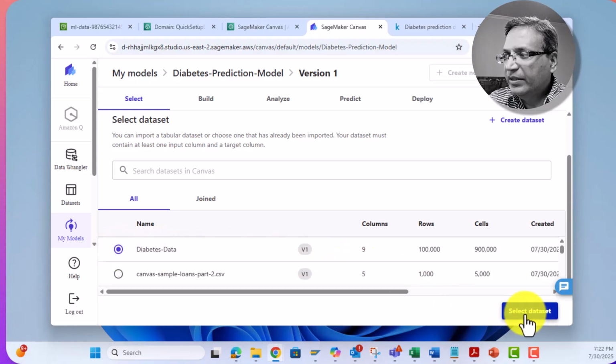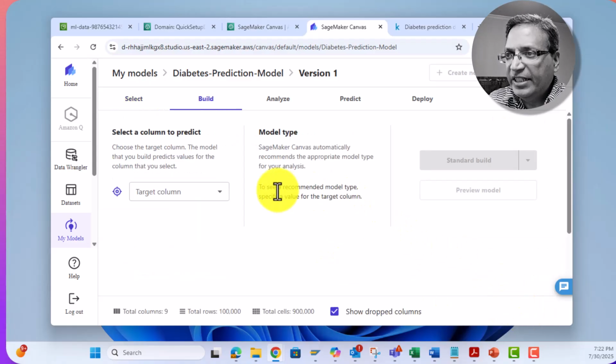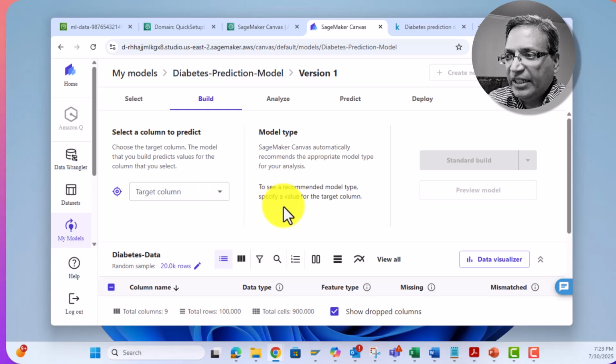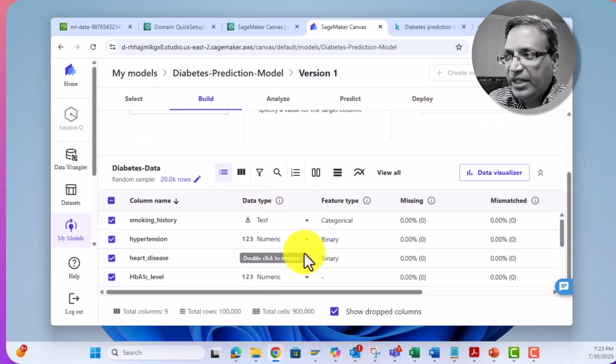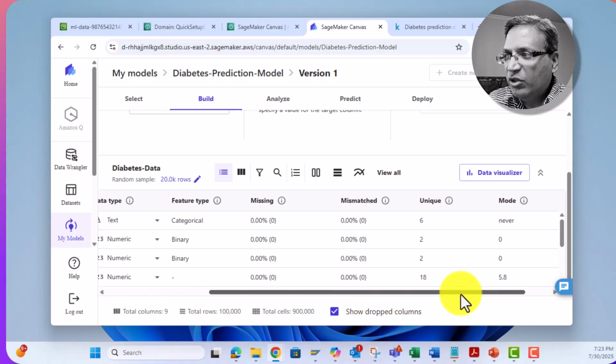Okay, and let's go ahead and select data set. So now we selected that data set. Now let's pick the target column. It will show all the columns here and it will show details about each of those